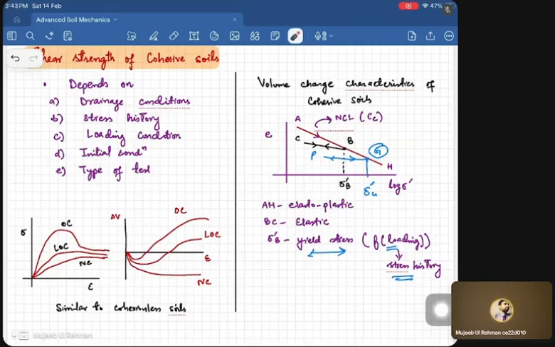We can say this, the behavior of the soil will be overly consolidated. This is the overly consolidated soil, and the other will have a normally consolidated soil. Now, depending upon whether the soil is OC or NC, we can have a different behavior of the soil. So now, if we see the shearing behavior of the